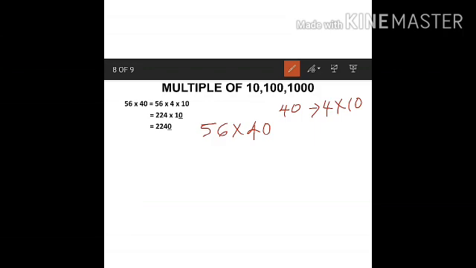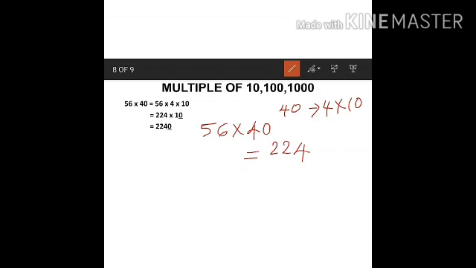So look here, we know that 40 is the multiple of 10. So how many zeros are there for 40? There is 1 zero. So we'll first multiply 56 into 4. Okay. So we'll multiply 56 into 4. That will be 56 into 4. 4 6 are 24. 2 4 5 are 20 plus 2 22. So we get it as 224. Now 56 into 4 we get that as 224.